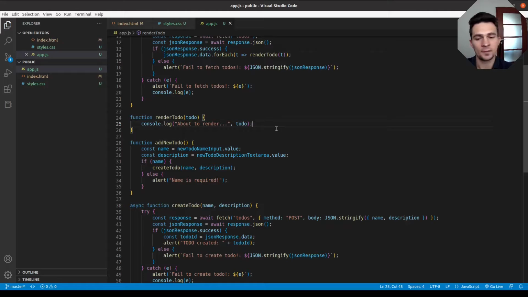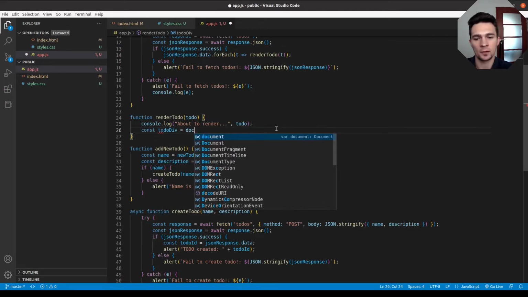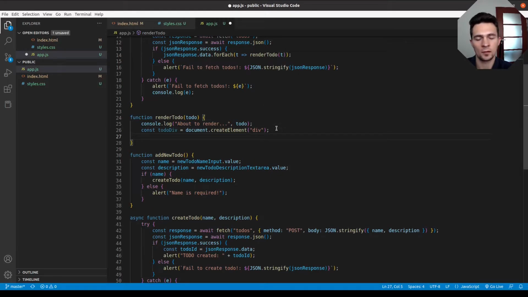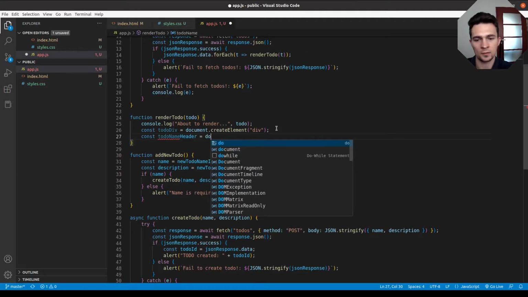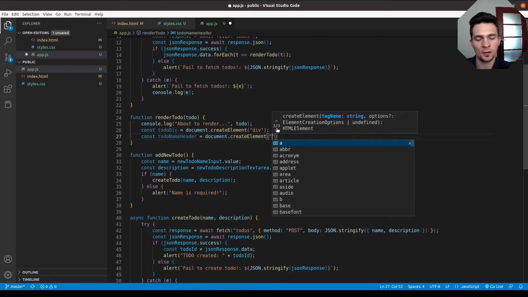So let's start with something like to-do div. Let's create element div like that. Yeah, and something simple. So to-do header, or to-do name header, and let's say that create, let's create element